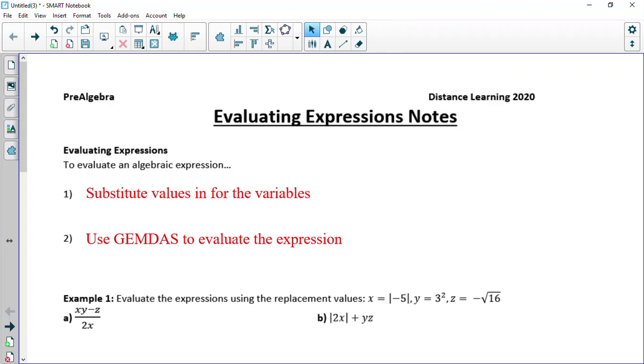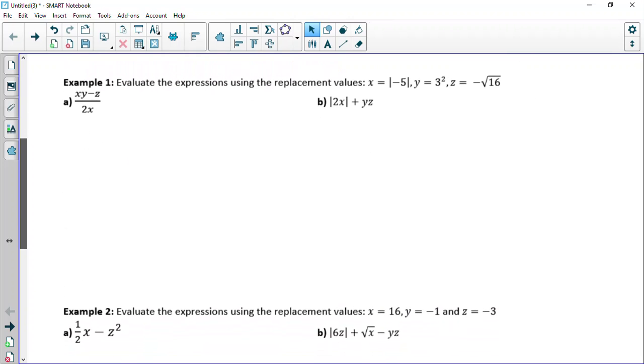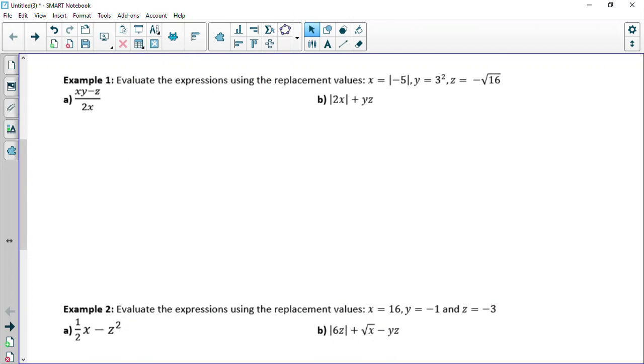Alright, so let's come down and take a look at some examples. We don't have very many, but just a few to kind of get us going. Example 1. We're going to evaluate these two expressions using the replacement values of x is equal to the absolute value of -5, y is equal to 3 squared, and z is equal to the negative square root